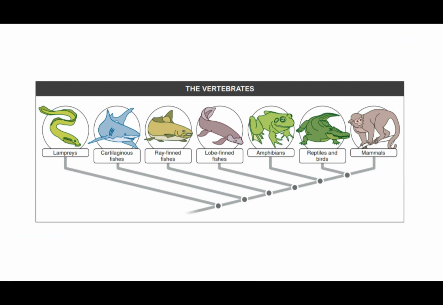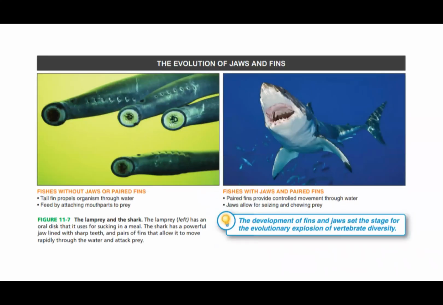But what we're really interested in finishing up today is what we consider a higher group of taxa. Taxa have much more advanced features, and they're much more, you could say pretty, but much more glamorous, much more evolutionarily sophisticated than, say, a sponge or even something like a sea star that we spoke about previously. And so we ended off by talking about the evolution of jaws and fins,